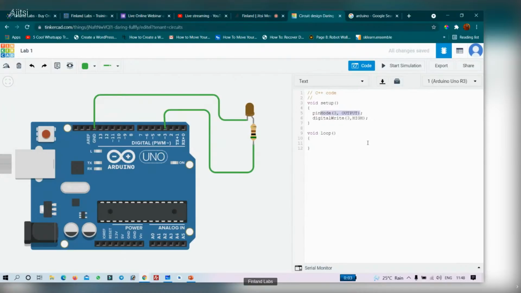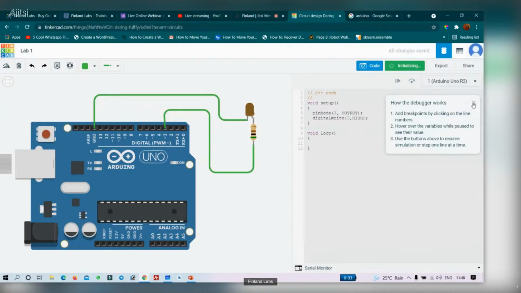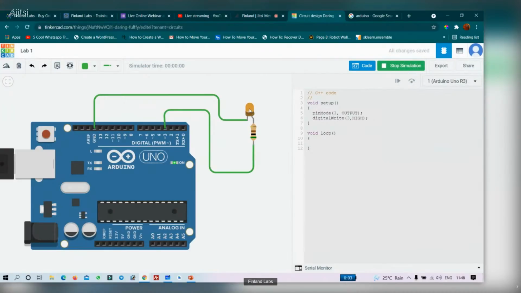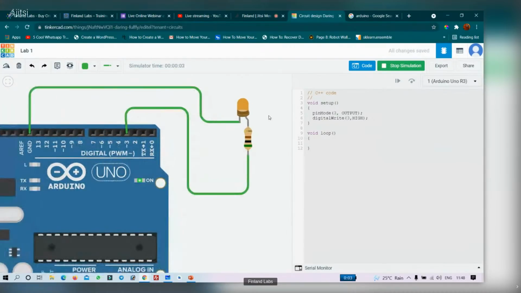Okay. So now to run this code, you have to click on start simulation. And you can see the LED is glowing. I hope you can see that. Let me zoom this. See. If I stop,